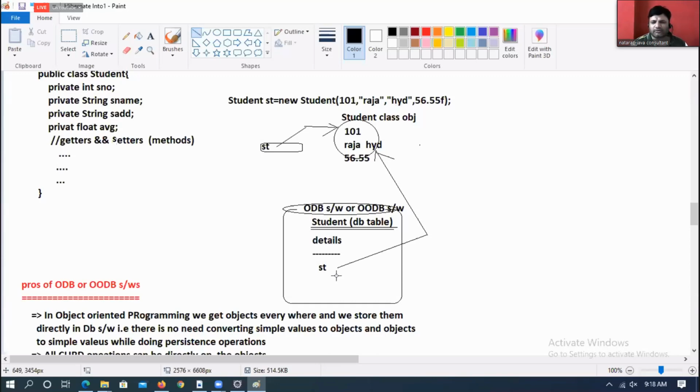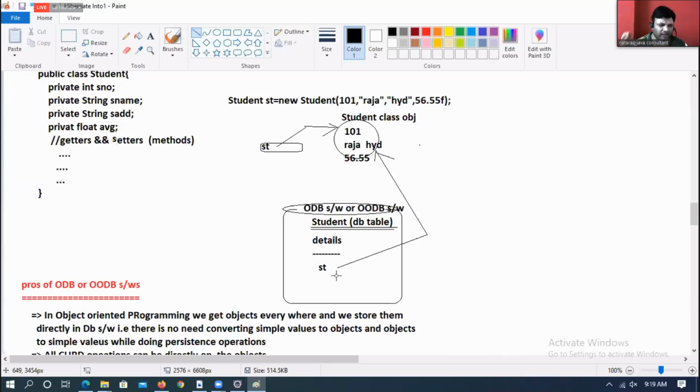Procedure-oriented programming languages are outdated. C language, Fortran, BASIC, COBOL, all these are procedure-oriented programming languages which became outdated long back.